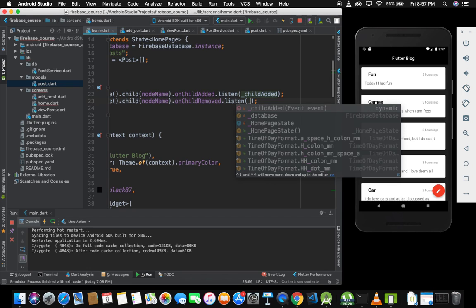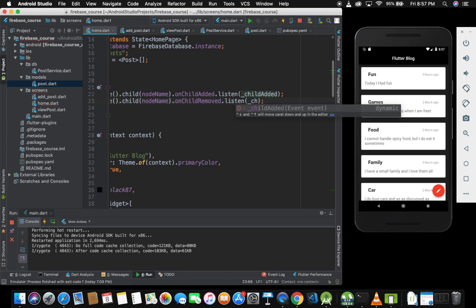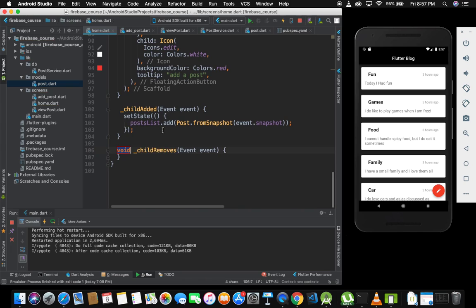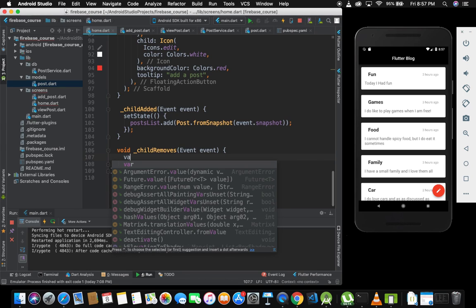We'll create a method called childRemoved, and we need to create a method for this. And how we're going to work inside of our... first of all, we can do var